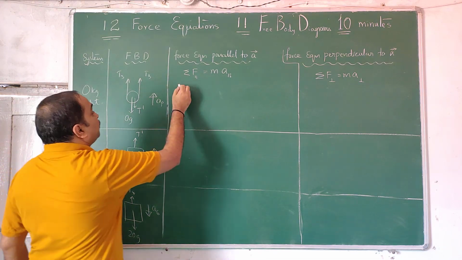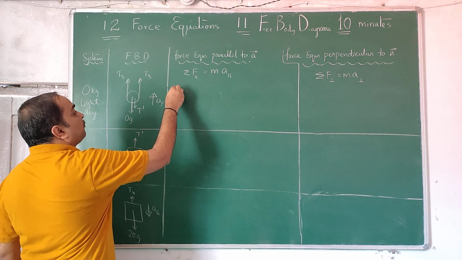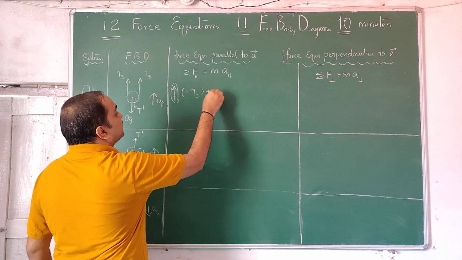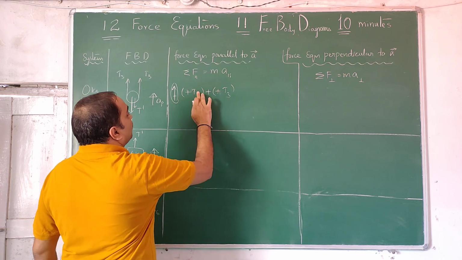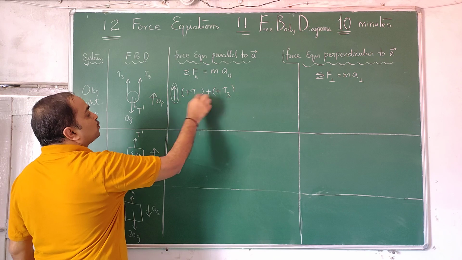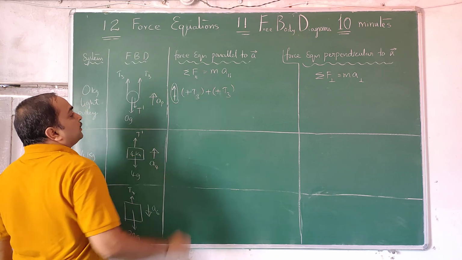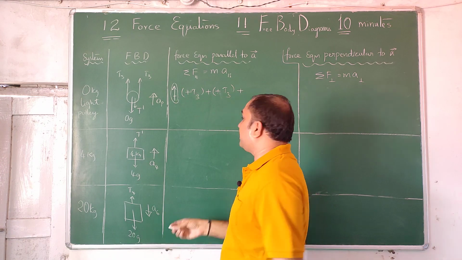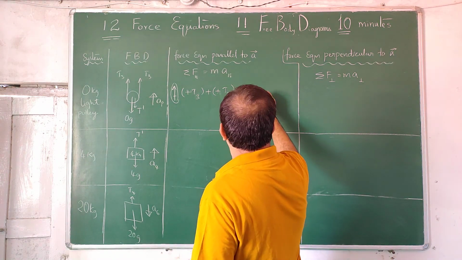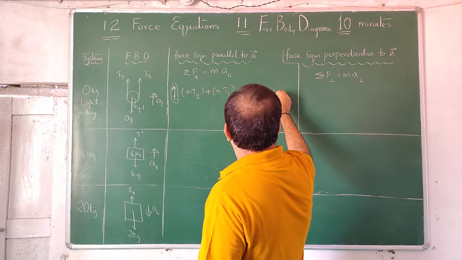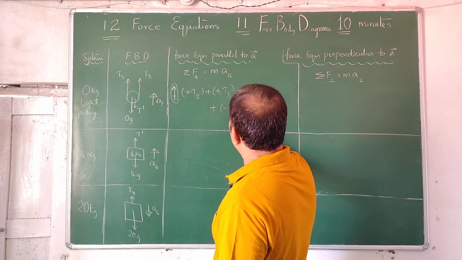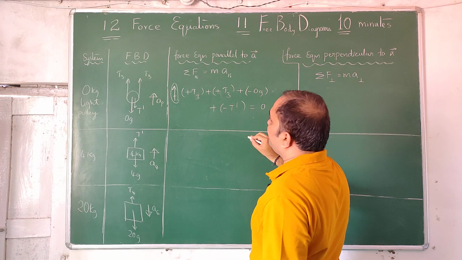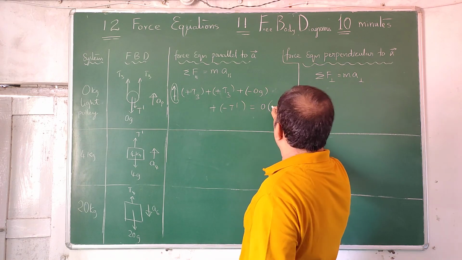So net force, in this which direction do we take acceleration? Upward positive we take. So plus T3 plus T3, both, sigma says add. These two should be taken positive according to this sign. This 0g should be taken negative. What happens with 0g? 0 only, but still by procedure minus 0g plus of minus T dash. T dash is pointing down, is equal to mass of the pulley 0 into the pulley's acceleration, plus AP.